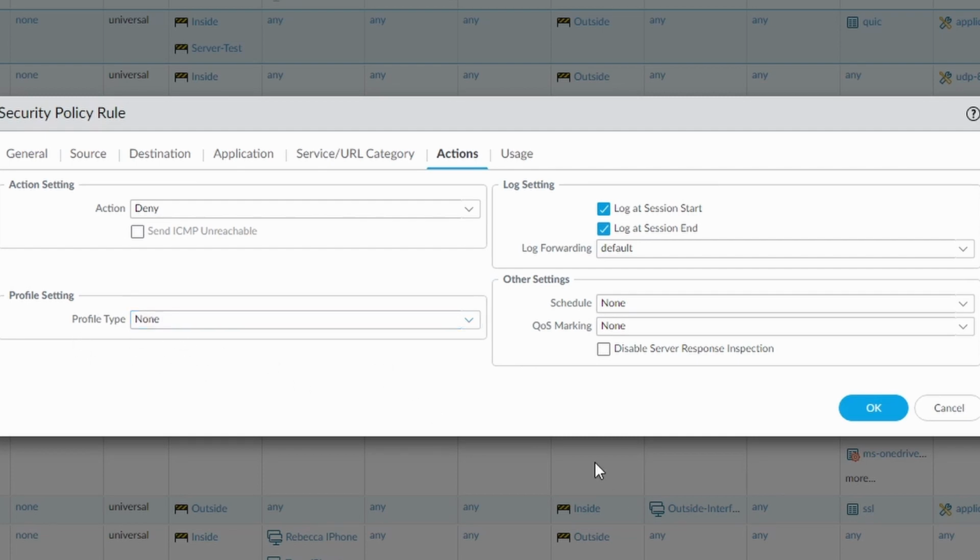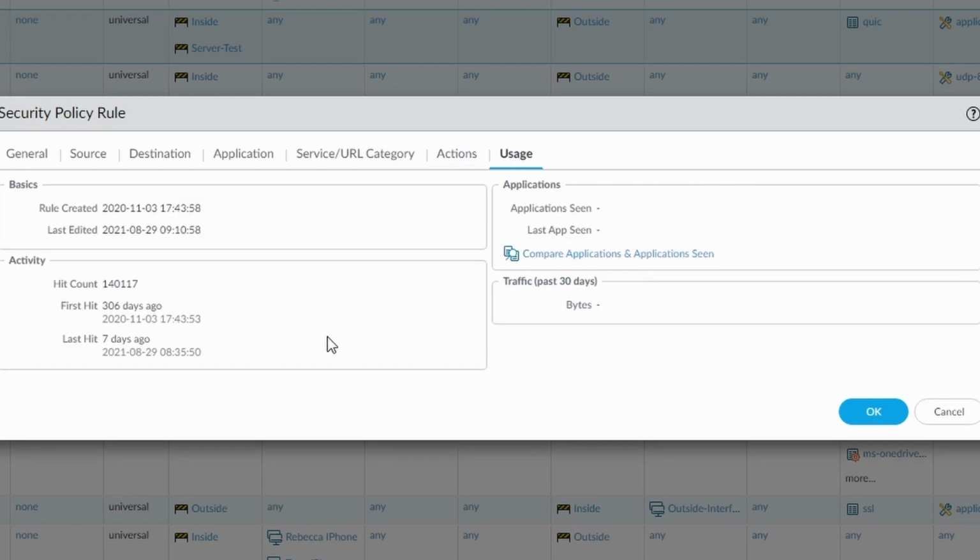So you've got nothing attached to it, which in this particular instance is what we've got, because we've got deny rules. So there's no point attaching anything to it because it will never be seen. So then we have usage